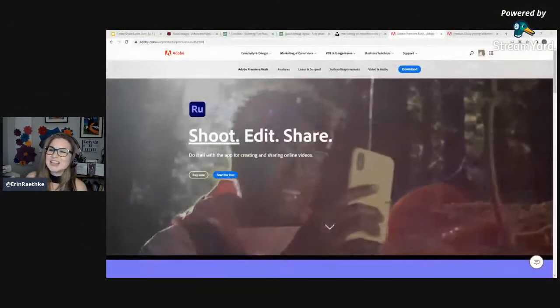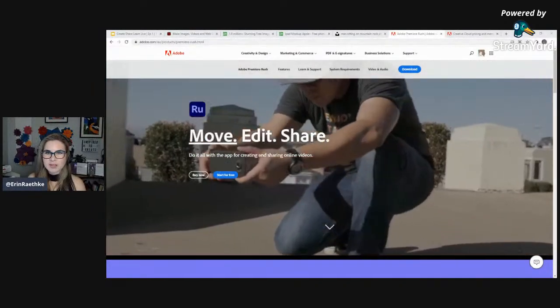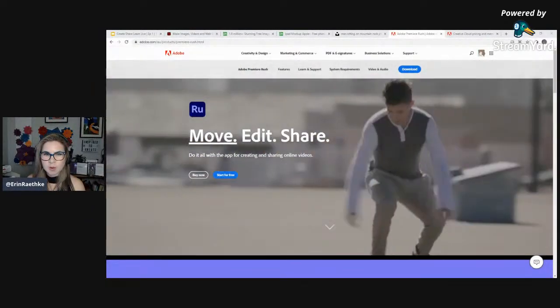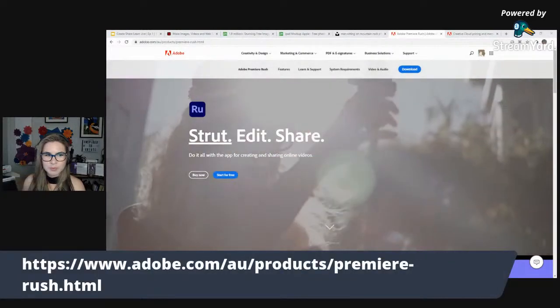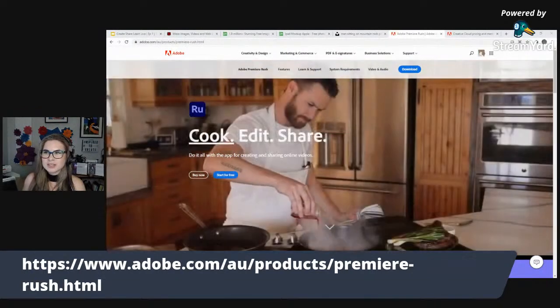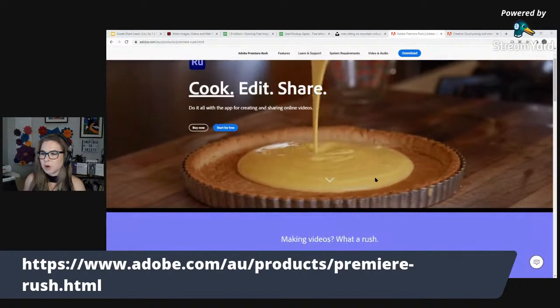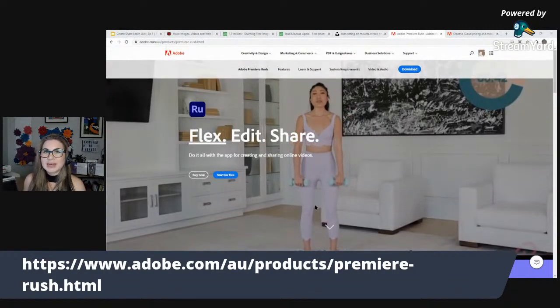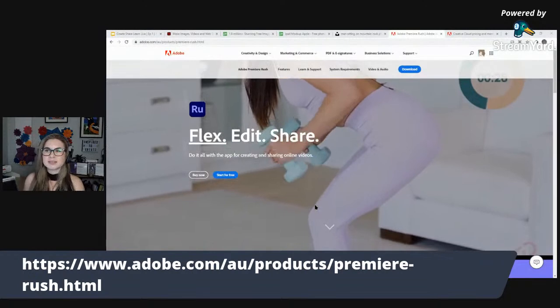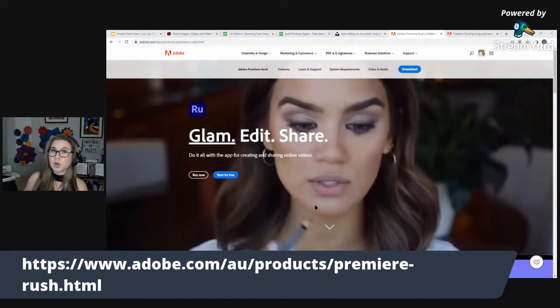So I'll just quickly share my screen. So you can see here the Adobe website. And I will just see if I can pop this banner up with that URL. So as you can see here, they've got some license features and some options that are listed here. And if you do have your own private device and you are interested in trying Rush for yourself and following along with this video,